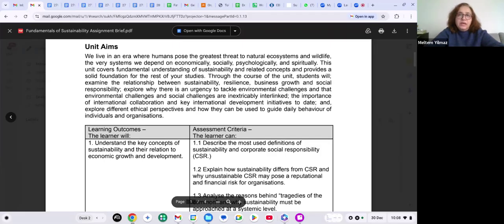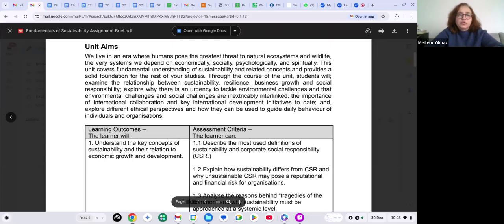This unit covers a fundamental understanding of sustainability and related concepts and provides a solid foundation for the rest of your studies. Through the course of the unit, students have to examine the relationship between sustainability, resilience, business